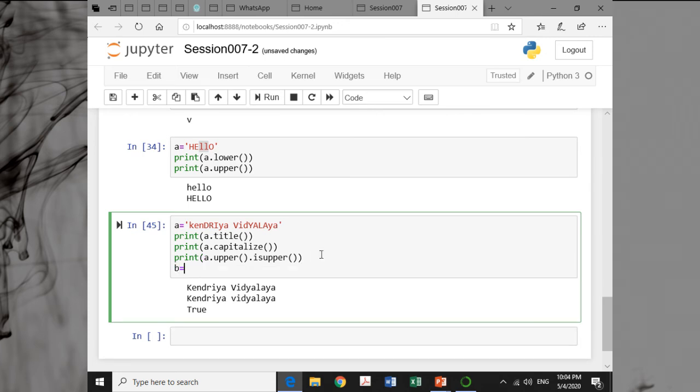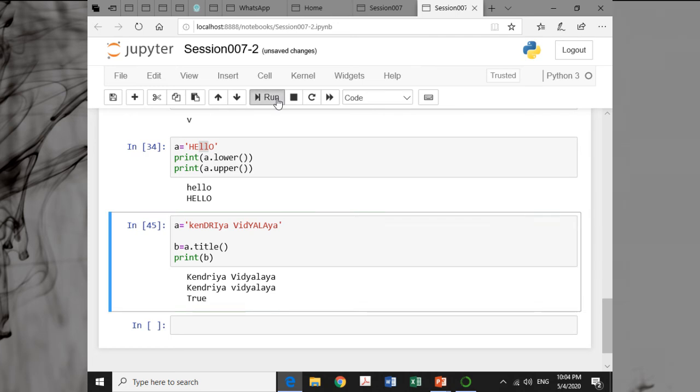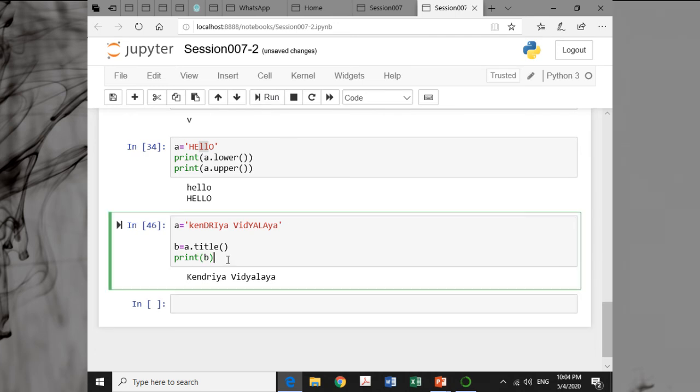If we say suppose b is equal to a dot title, so a is written in a random way but b is in title case, we can print it, print b, you can see it is in the proper case.